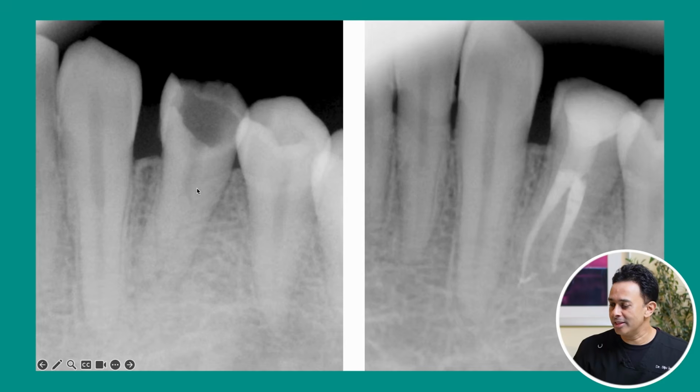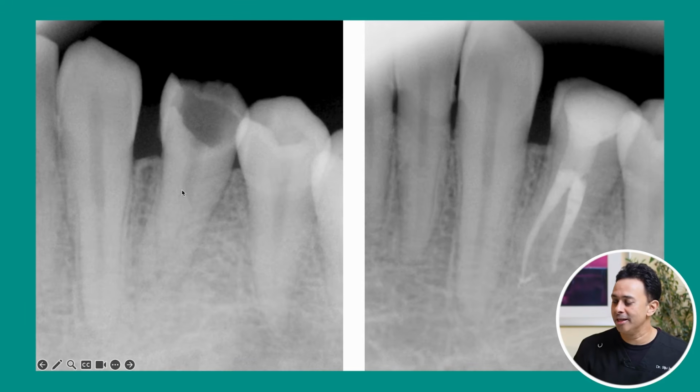So if you look at this case, for example, this is a case from 23 or 24 years ago, before I had the surgical microscope. And you can see I still managed to treat this case. But the difference between now and those days is that back then I used to remove a lot more tooth structure. So you can see here, I've treated both these canals, but if you look at the amount of coronal tooth structure that I've removed, it's a lot more than what I would do now with the surgical microscope.